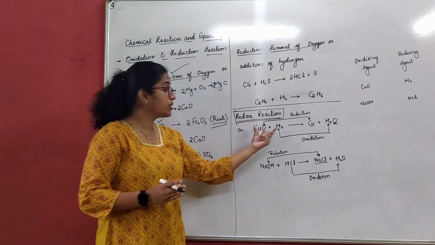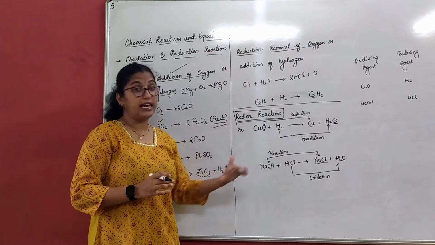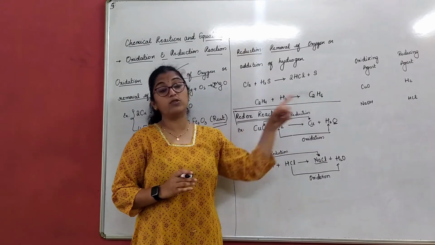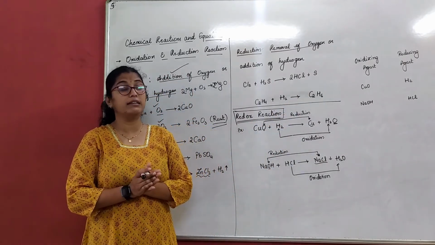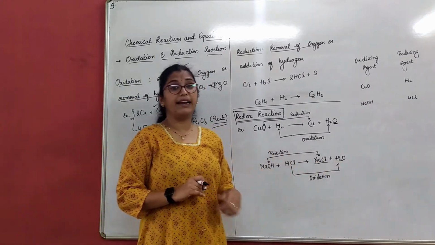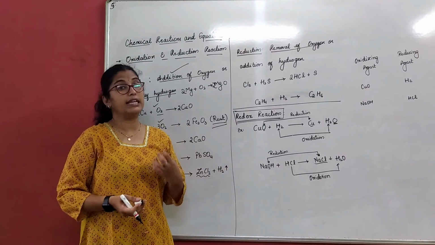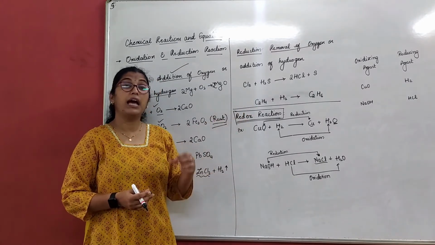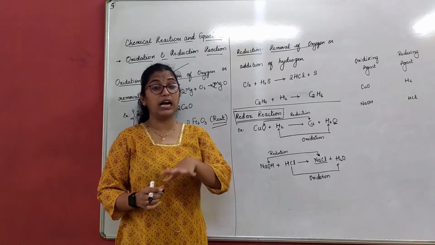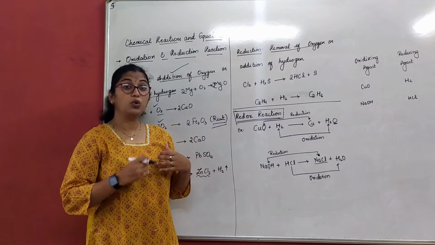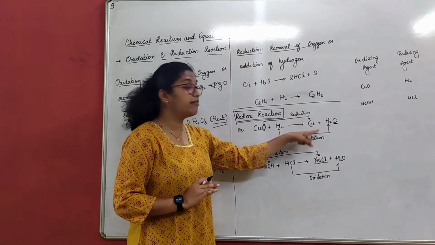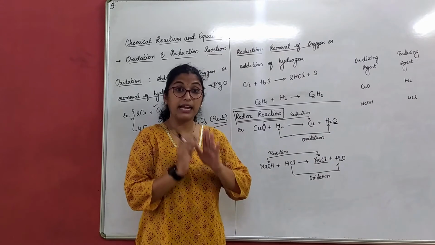What is asked in the given question or in the given reaction is which is the oxidizing agent and which is the reducing agent. That is the most important thing asked in redox reactions. Sometimes they just give you one equation, an equation involving redox only, and they ask you from the given equation, identify the reducing agent and the oxidizing agent. To understand reducing and oxidizing agent, first of all you should know what is being reduced and what is being oxidized. That is very important.